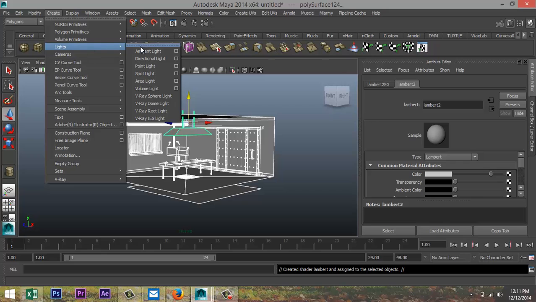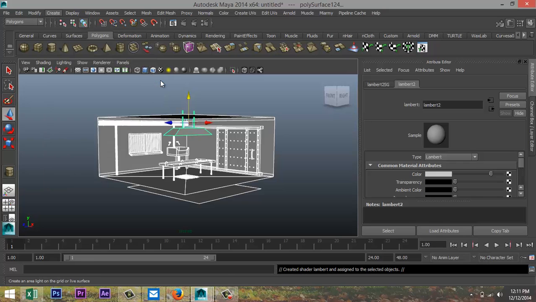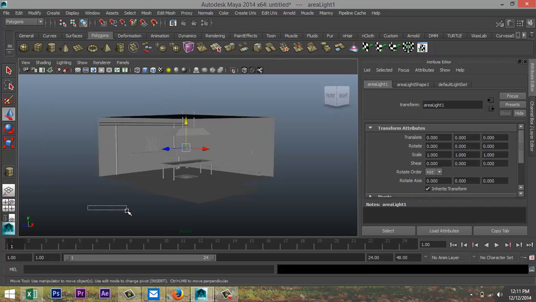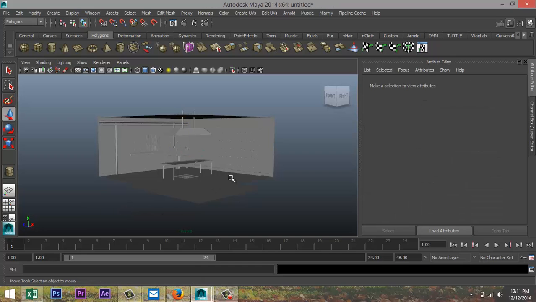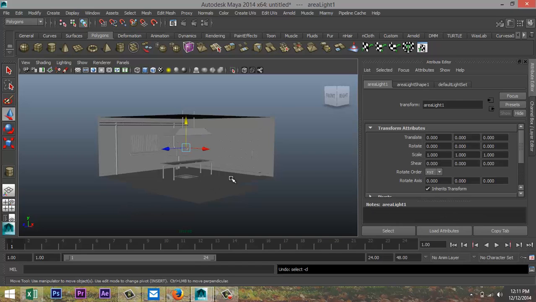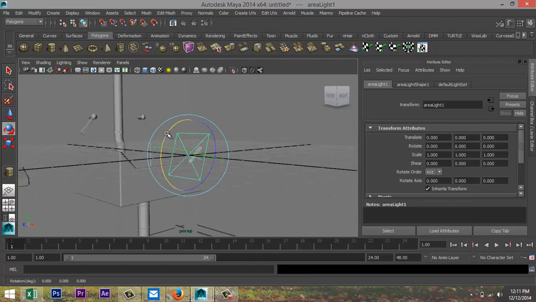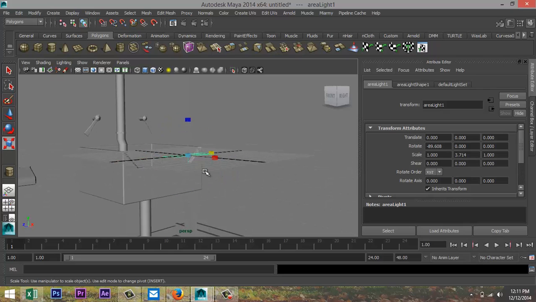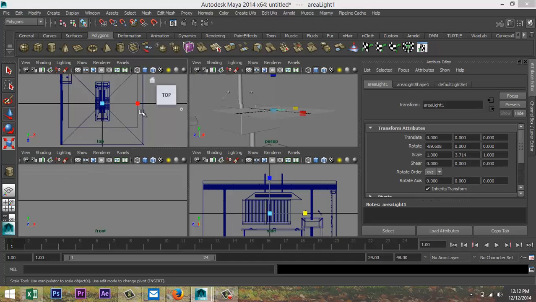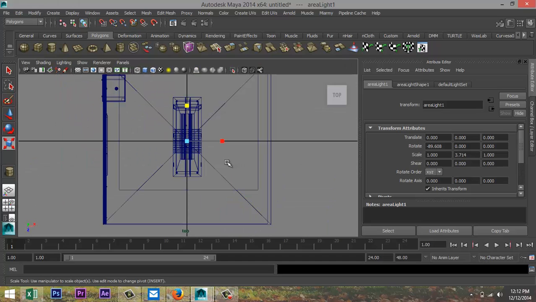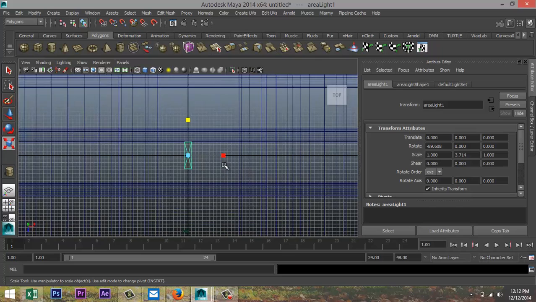Create lights. Let's do an area light. F to zoom in. We're going to hit E. We're going to rotate that down. We're going to hit R. We're going to stretch that out. And let's see if we can get that thing close to